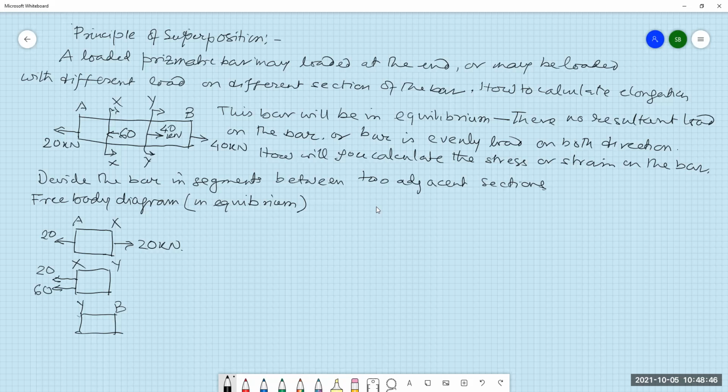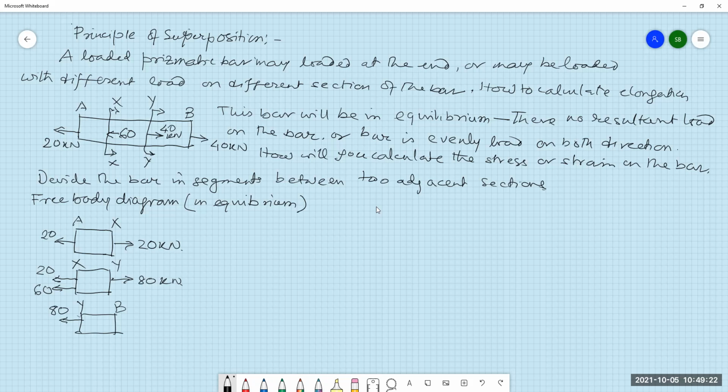And so on the section XX, a total of 80 kilonewton load is acting. So you have to balance it by another 80 kilonewton load on the right side. But here exists only 40 kilonewtons in YY section. This 80 kilonewton is a total imaginary load. So you have to eliminate the load by this following process. Here 80 kilonewtons load is given. So I have to put another 80 kilonewton here, which is also imaginary, but it is acting opposite to each other. Thus this 80 is being cancelled by this 80.